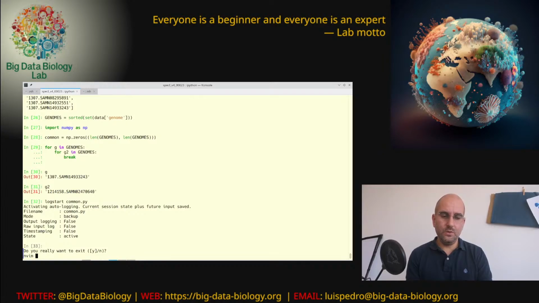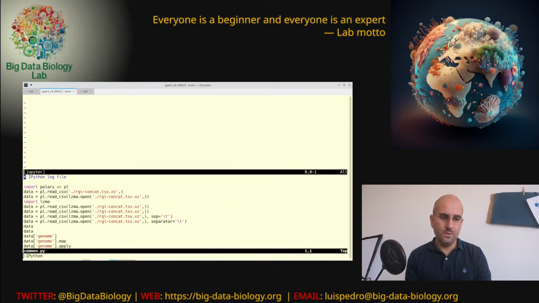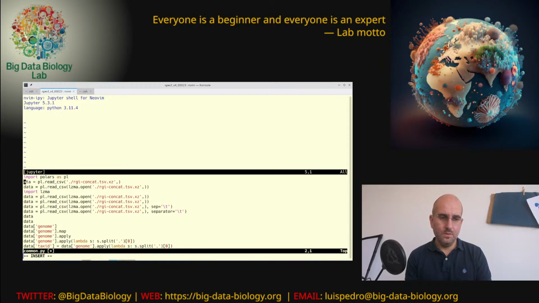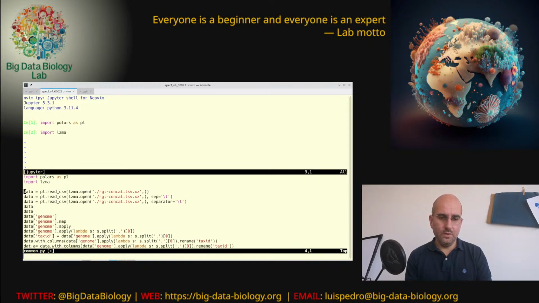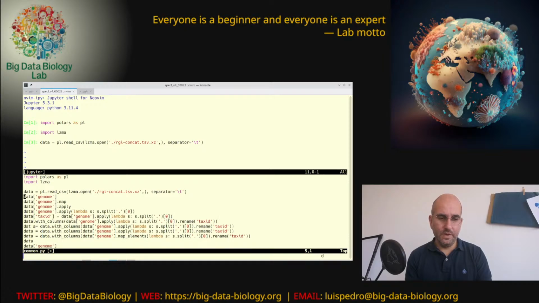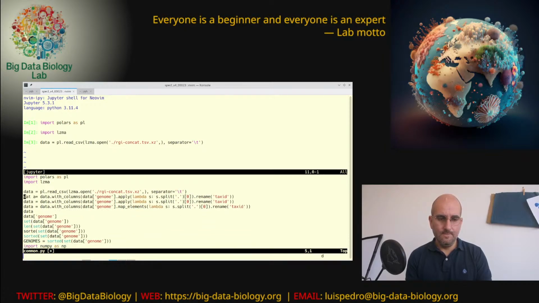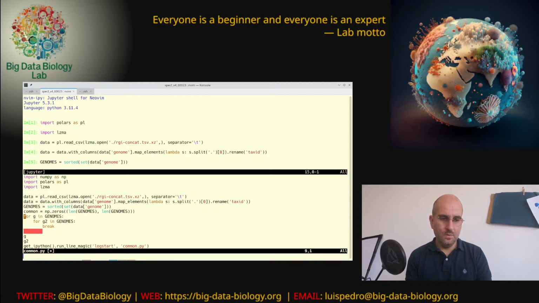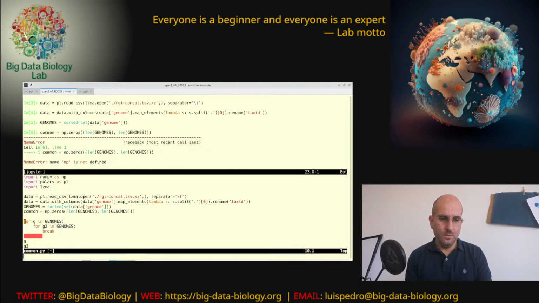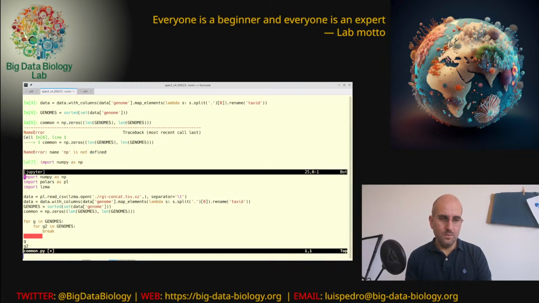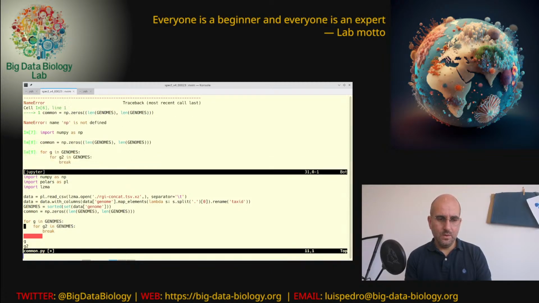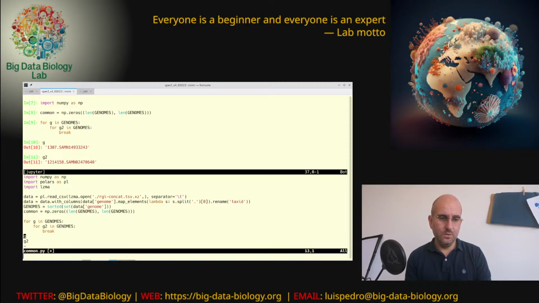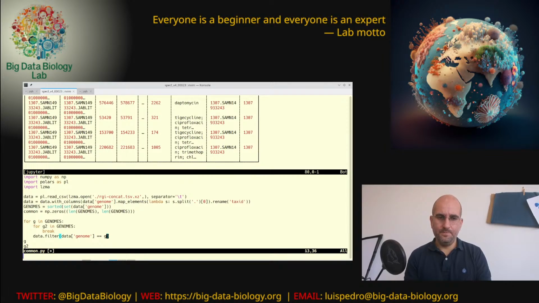Okay, I'm switching to writing this not on the command line, but in an actual file. And now let's see, okay. So we have G and G2. Does this work? Yeah.